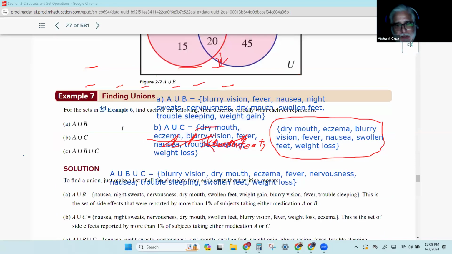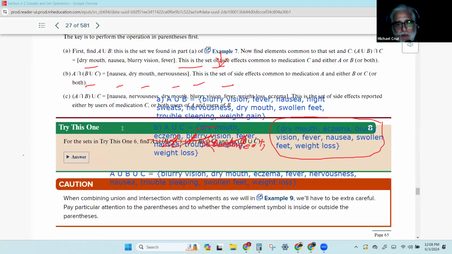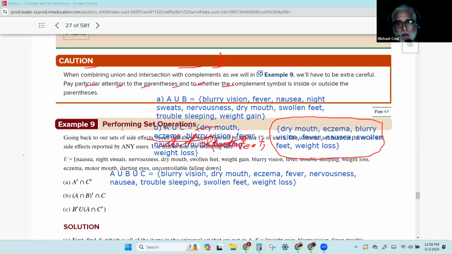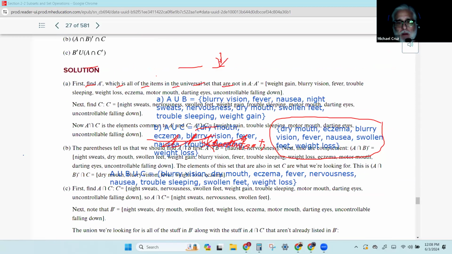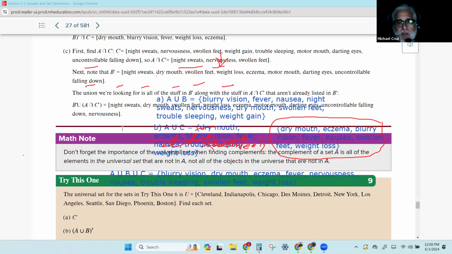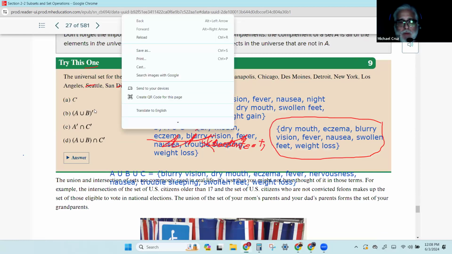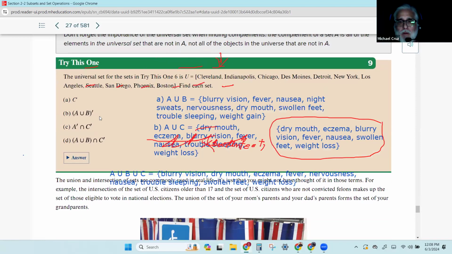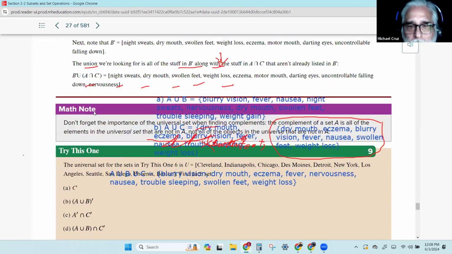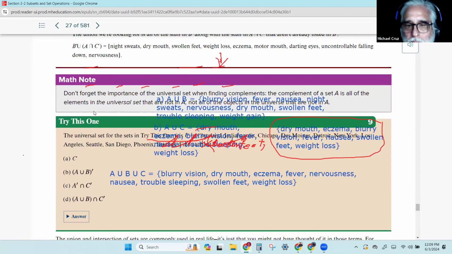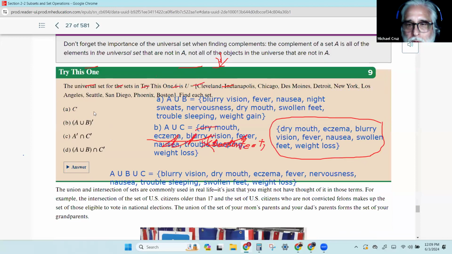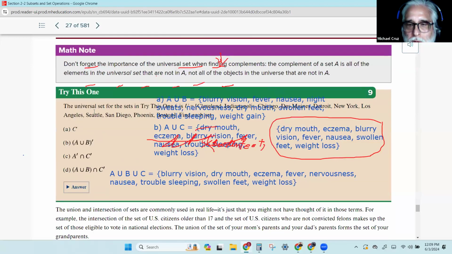All right, let's see if there's anything we got to do with the last couple of minutes here. We did set operations with 2. I guess technically I haven't gotten to this yet. We're about out of time anyway, but